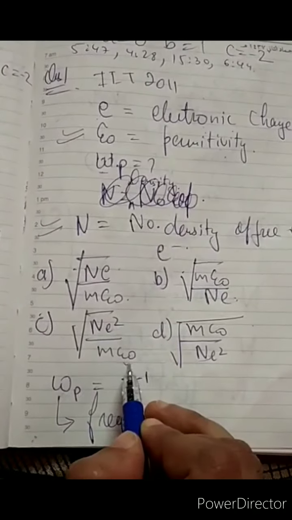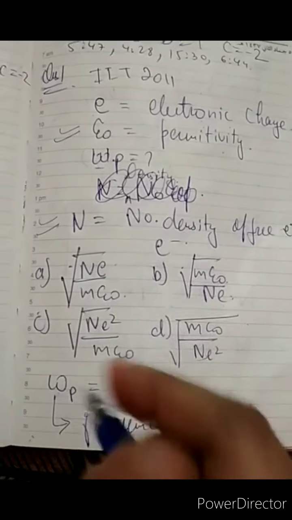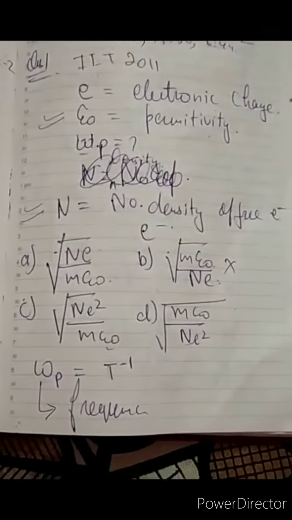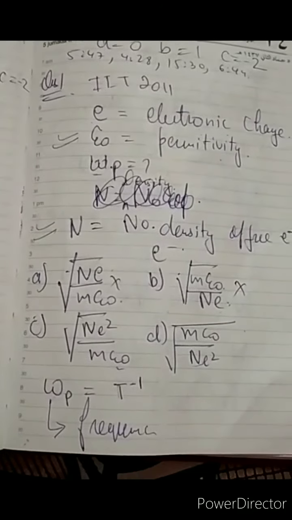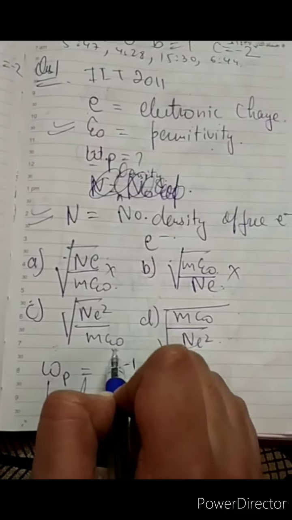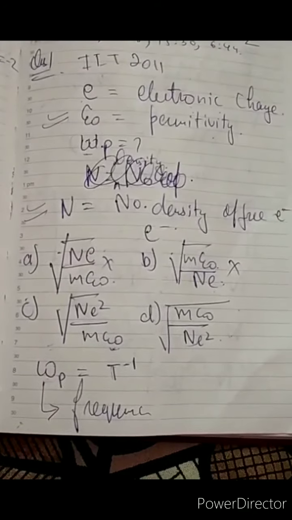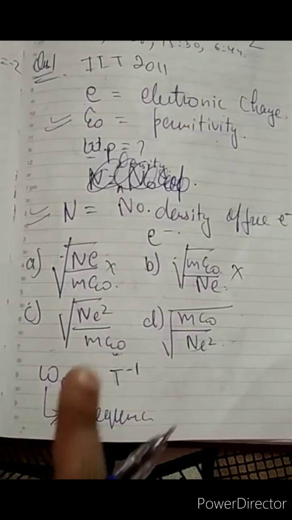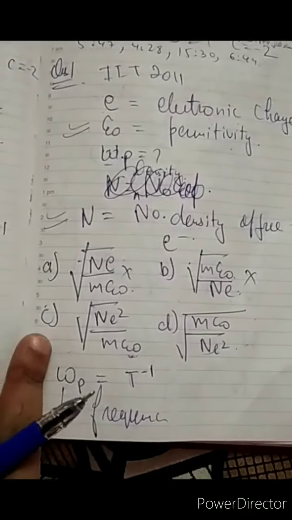Look, here epsilon 0 is in numerator, but here is only E. We have E square, so this option is incorrect. This is also incorrect because it is again E. We have E square. Now any one is correct among these two. So which one is correct? Look, we have epsilon here in denominator, so E comes out here and E to E cancels out. Here also will be the same thing. So one of the options will be correct in between C and D.